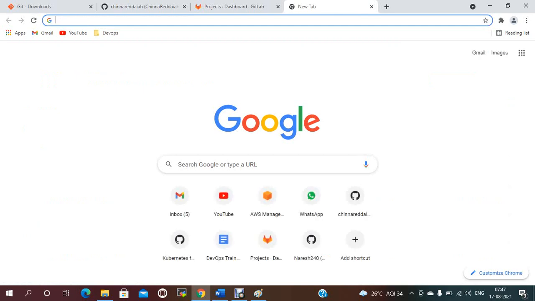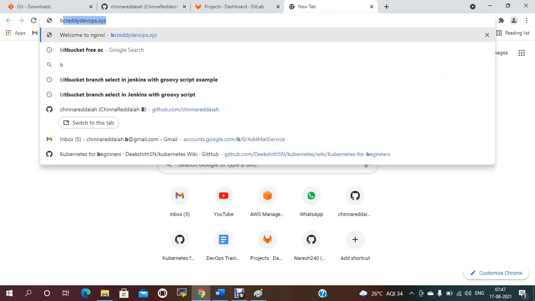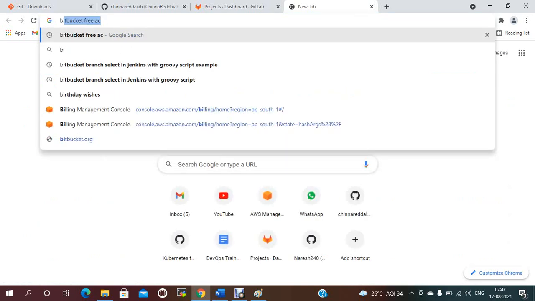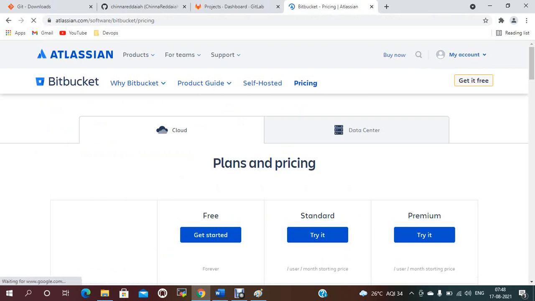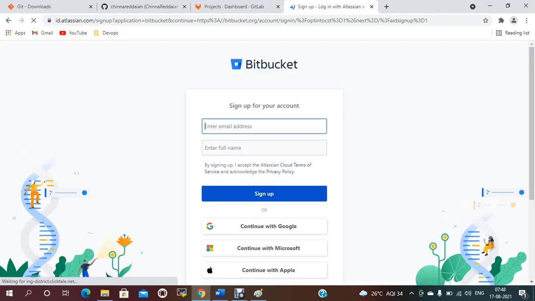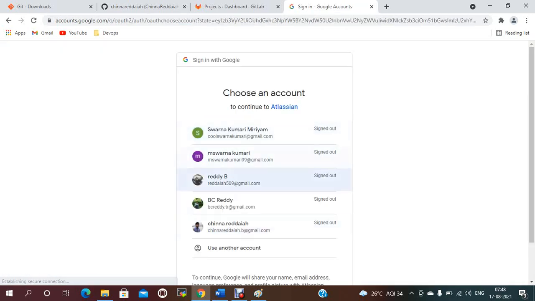Another one is Bitbucket. People will use Bitbucket also. You just need to click Bitbucket free account, and you will be directed to this page. If you have a Google account, you can continue with Microsoft or Google accounts like this.